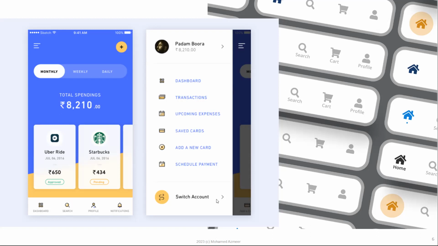Right, so also on the first page itself, I have some very interesting stuff. So the plus button is here, so I can immediately add something. And I can also look at, for example, monthly, weekly, daily, what is going on here, right? So everything is very easy to find.